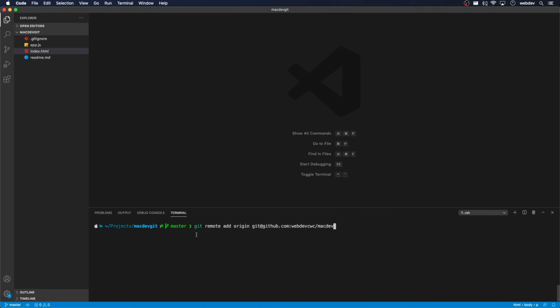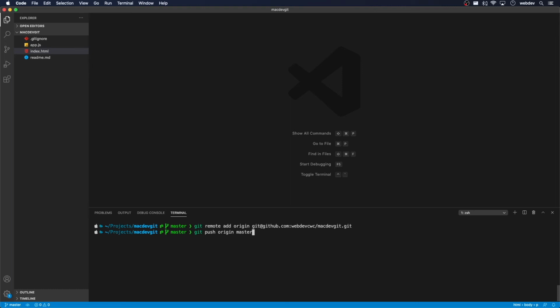If I go here, git remote add origin, and the name of our user and our project name, or our project path. Hit that. And what we can do here is git push origin master, and this will push up our master branch up to the server